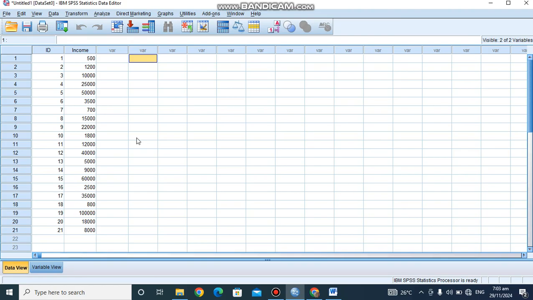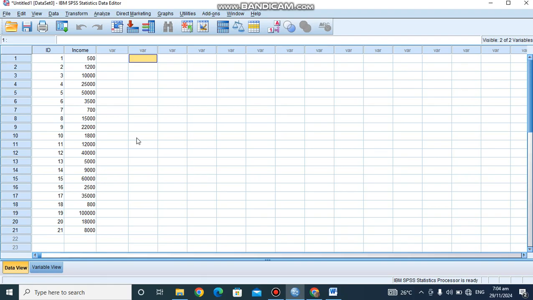Today I will show you how to perform a Shapiro Wilk Normality test in SPSS. This test is used to check whether your data is normally distributed, which is a key assumption for many statistical analysis. The Shapiro Wilk test is a statistical test that assesses the null hypothesis that a data set is normally